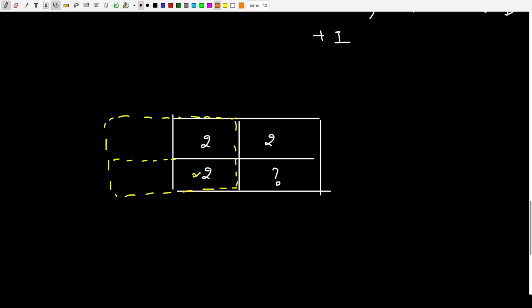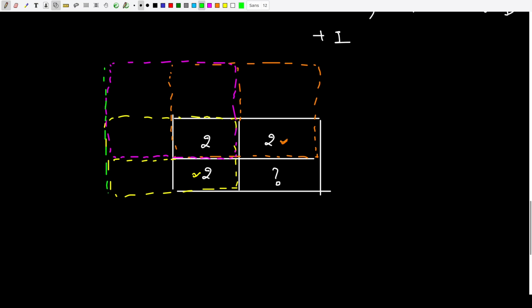Similarly, when we say this is of dimension 2, that simply means 2 rows and 2 columns. So this is my 2 columns and this is our 2 rows. And similarly, when we say that this is 2, that simply means 2 rows and 2 columns. So this is my 2 columns and this is our 2 rows. And in this way, if you see, the maximum sub-squared matrix which is possible here is this entire matrix, because